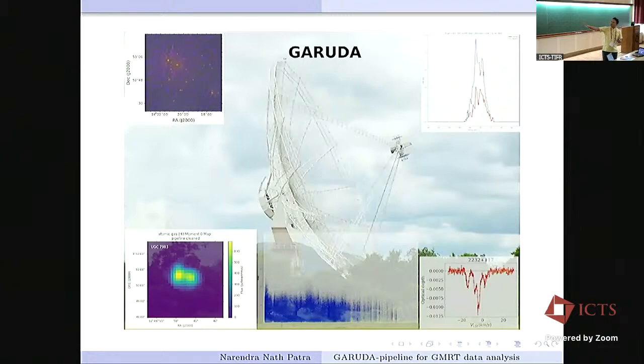The AI-based flagging is the salient feature which is not there. And if you are experienced enough using AOFlagger to flag RFI, that also does well. Our effort was to bring these together and make it a streamlined process, which we have been working on for 2.5 years.